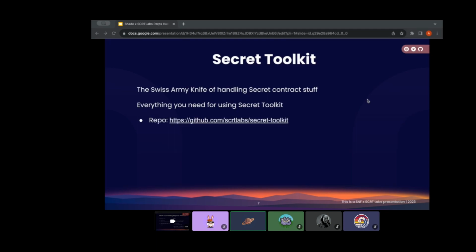Exactly everything that you need for using SecretToolkit is mainly in the repo itself. So Secret Labs wrote the SecretToolkit, so you can easily go to this link and look at their toolkit and check it out, what they have, everything in there. We also have some